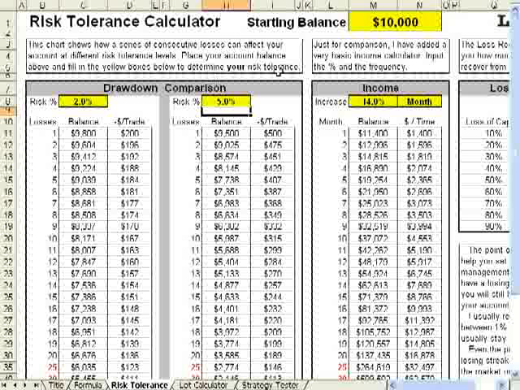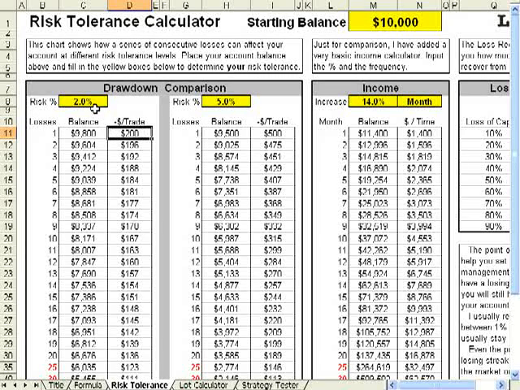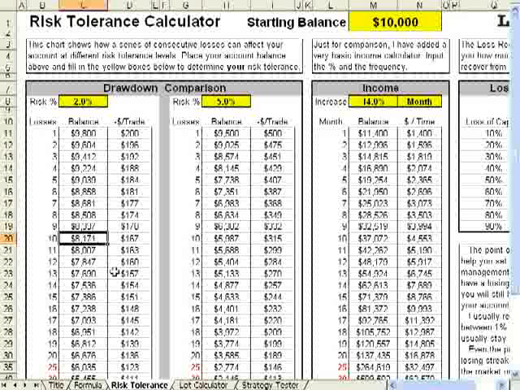So if you started with a $10,000 account and we're risking 2% per trade, so in other words, 10,000 times 2%, that's $200 on your first trade. If you consecutively lost 2% 10 times in a row, you would still have over 80% of your account. So your 2% would only yield you a loss of about 19% if you had 10 in a